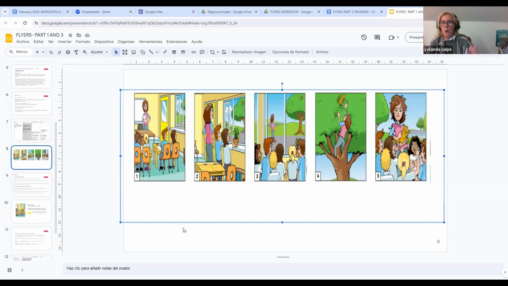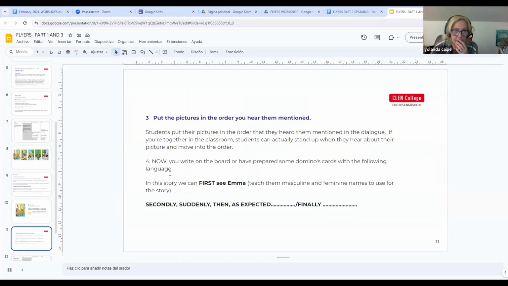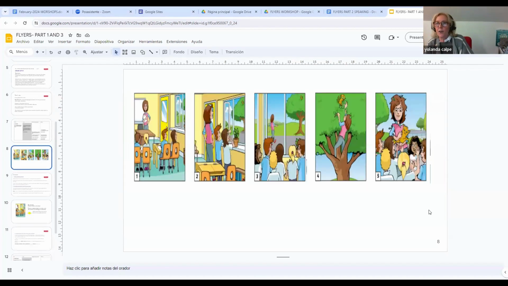I will put that on cards on the table, because I'll say, all this language that I believe, secondly, that type. Then, as expected, finally, suddenly, because there is always a situation, so in picture 4, always something